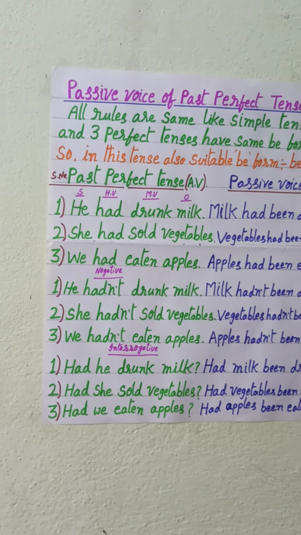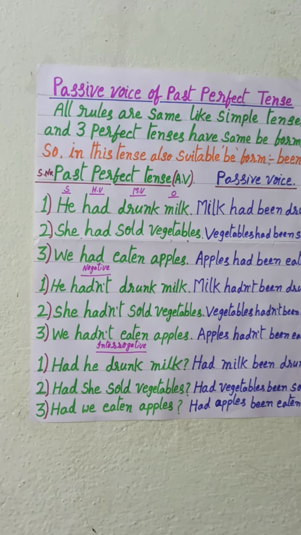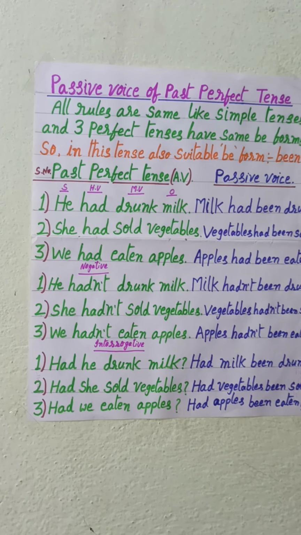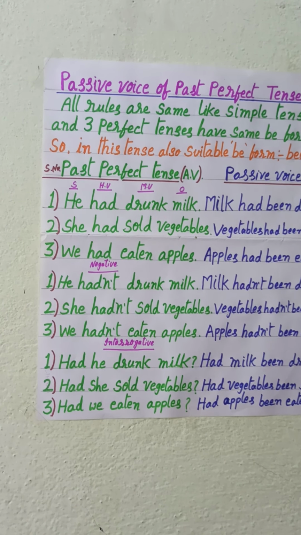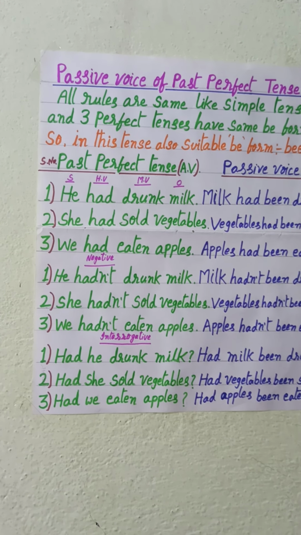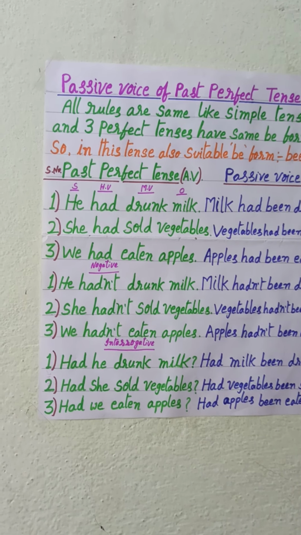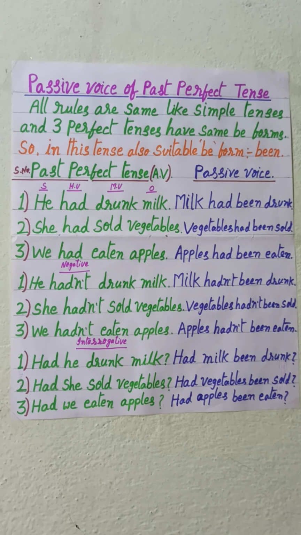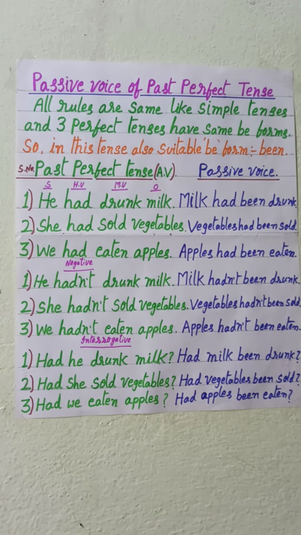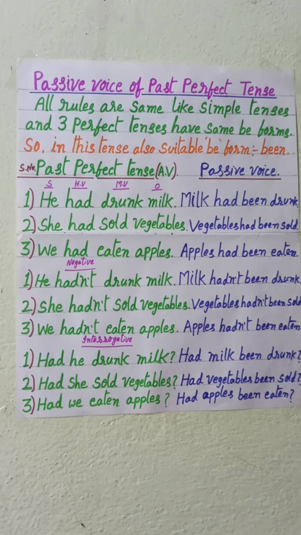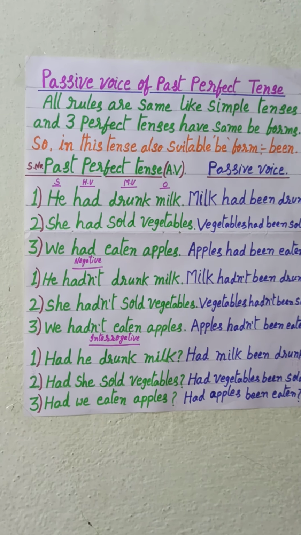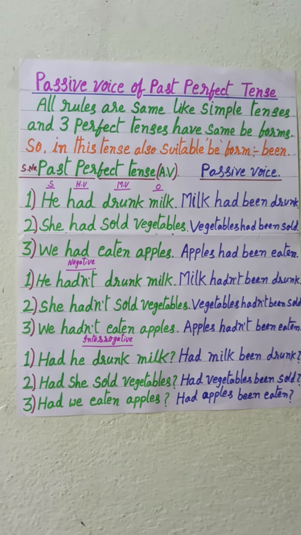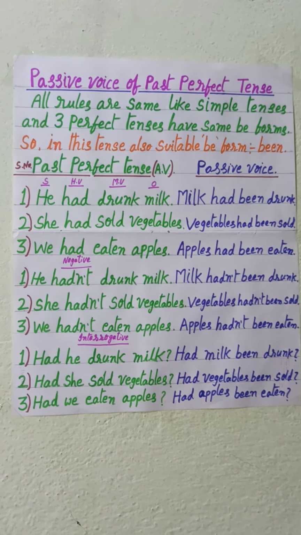If we want to add extra another tense, it will be simple past. Actually, in the past two actions, first one is past perfect tense and second one is simple past tense. For example,